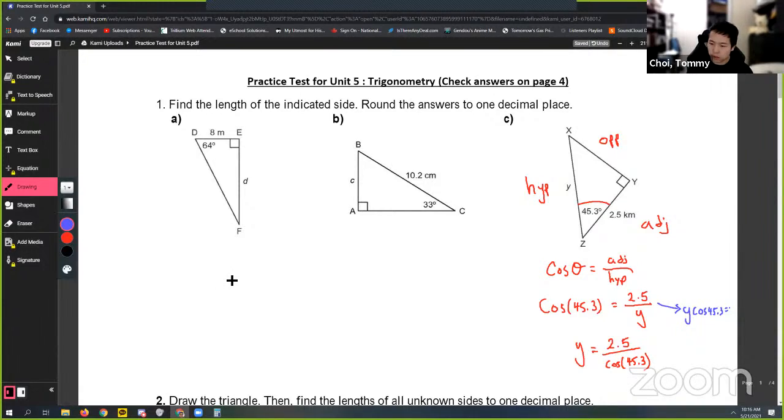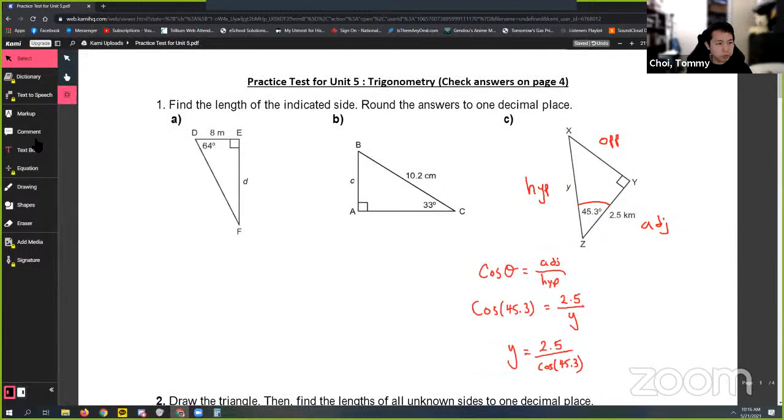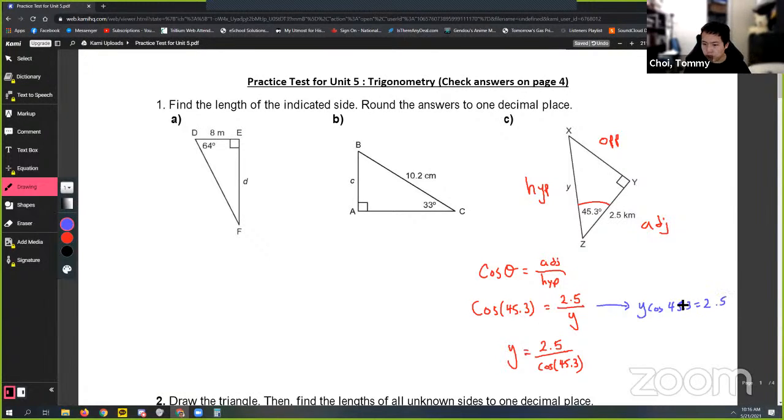I'm running out of space. Hold on a second. Let me shift this over just a little bit. Okay, so what you should get here is y cos 45.3 is equal to 2.5. If you move y to the left side, for example, like this, that's not isolated. So you need to divide cosine out, right? And by dividing cosine out and moving it to the other side, we get it at the bottom of the fraction because it's multiplying. And that's going to give us our final answer,